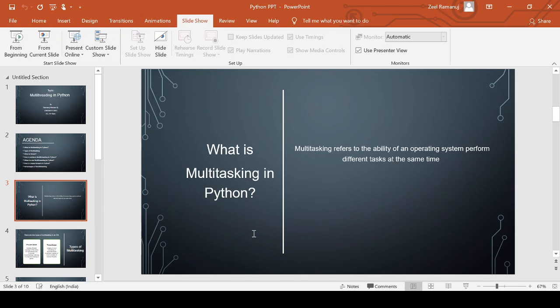First is what is multitasking in Python. Multitasking refers to the ability of an operating system to perform different tasks at the same time. Means